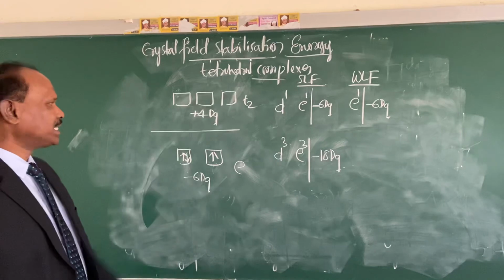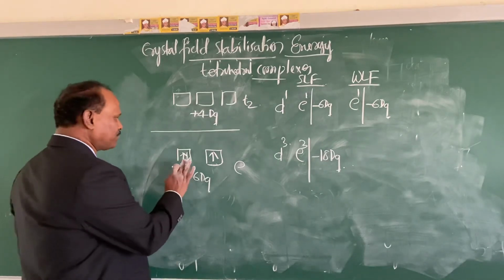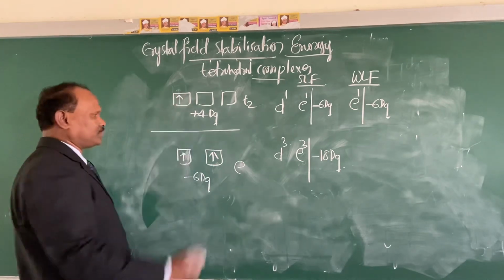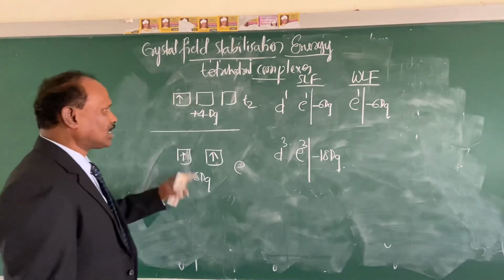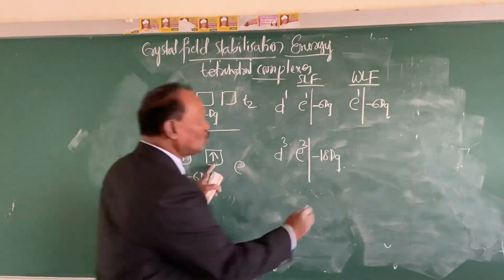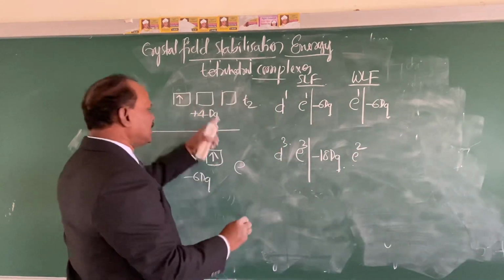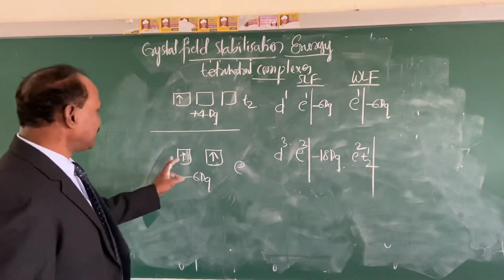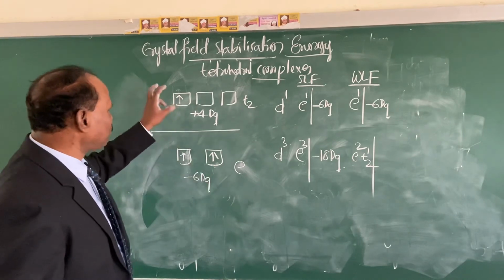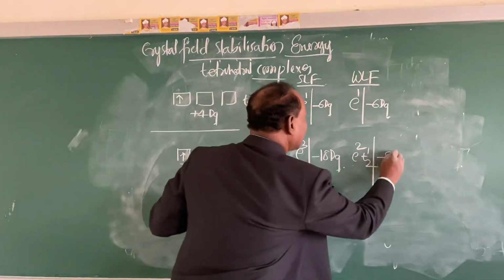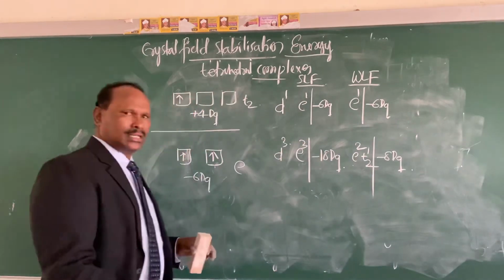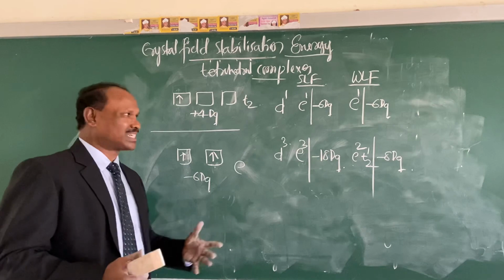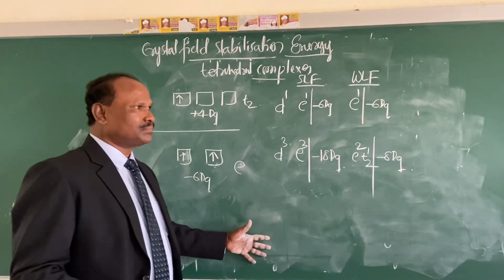So what about the weak ligand field? For a weak ligand field, the third electron goes to that higher energy. Therefore the configuration becomes what? e2 and t2 1. What about the energy? Here it is minus 12, minus 12 plus 4 will become minus 8 Dq. Followed what I said? So this is how you go on, calculate, you practice it for up to the d10 system.